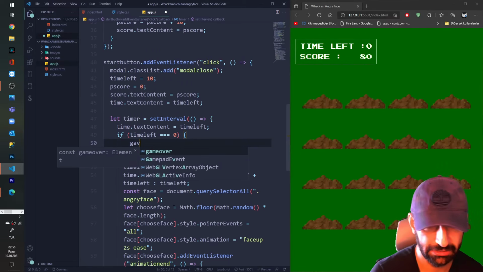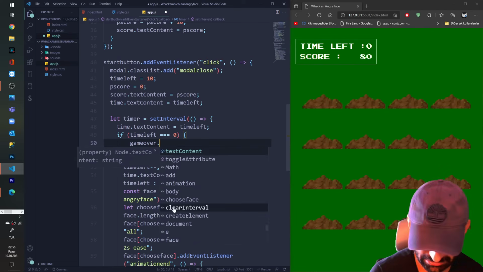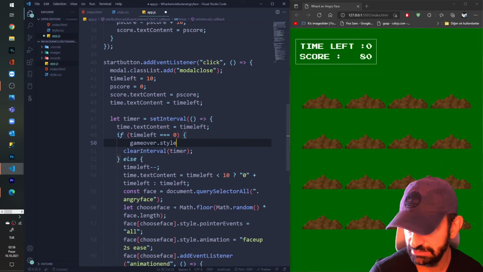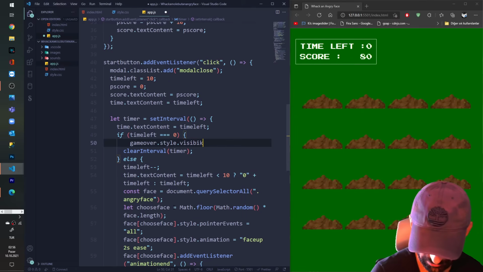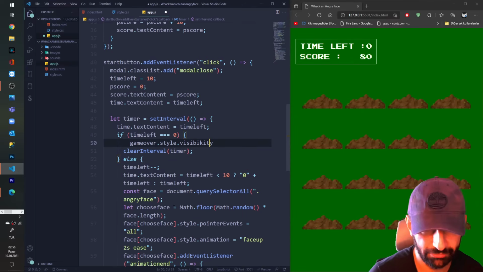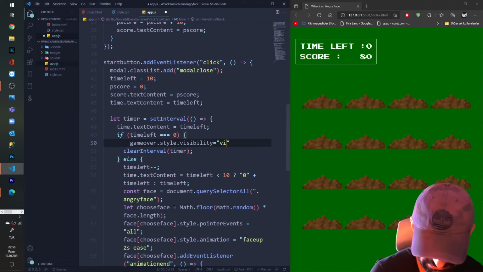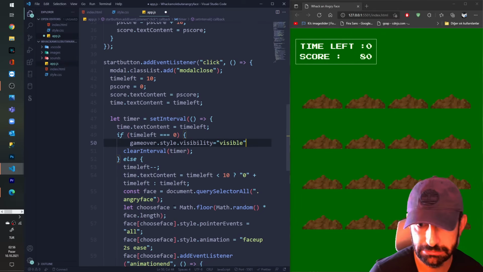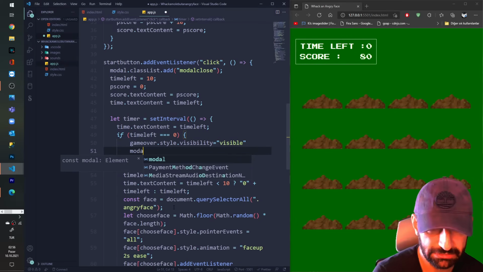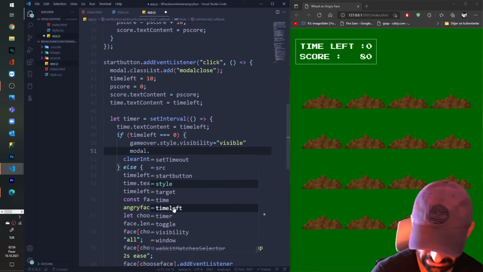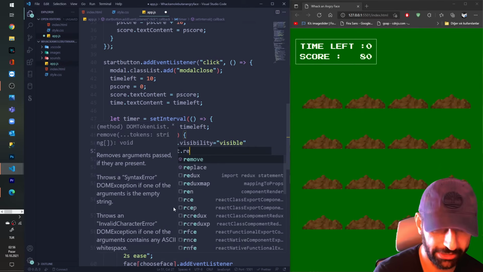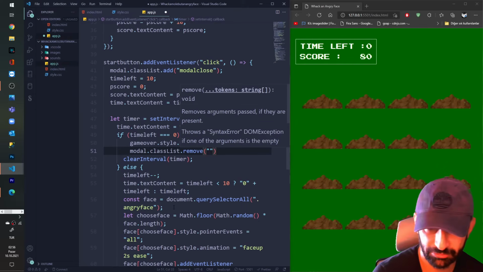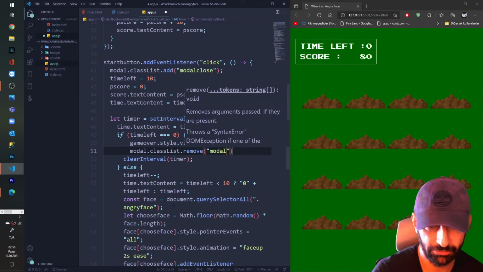and game over dot style dot visibility will equal visible. And for my modal dot class list remove, which one, the modal close. I'm gonna make it seen again